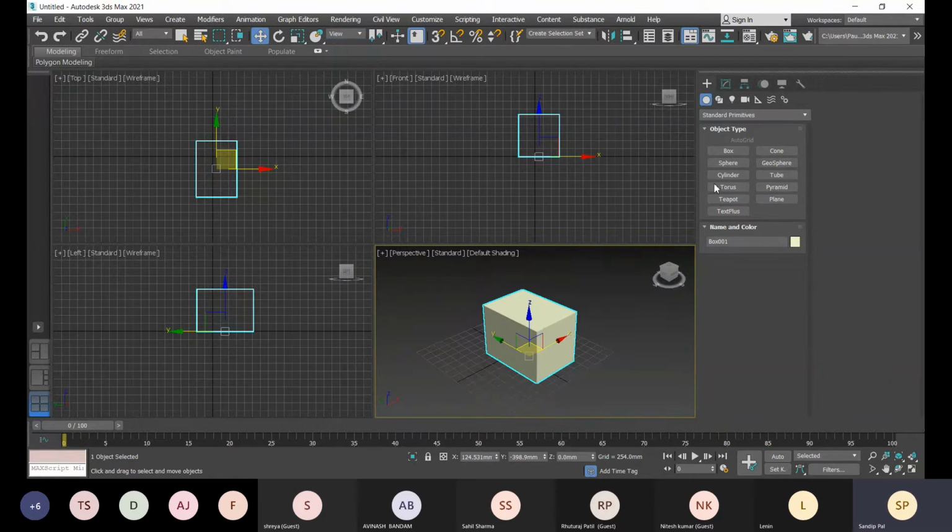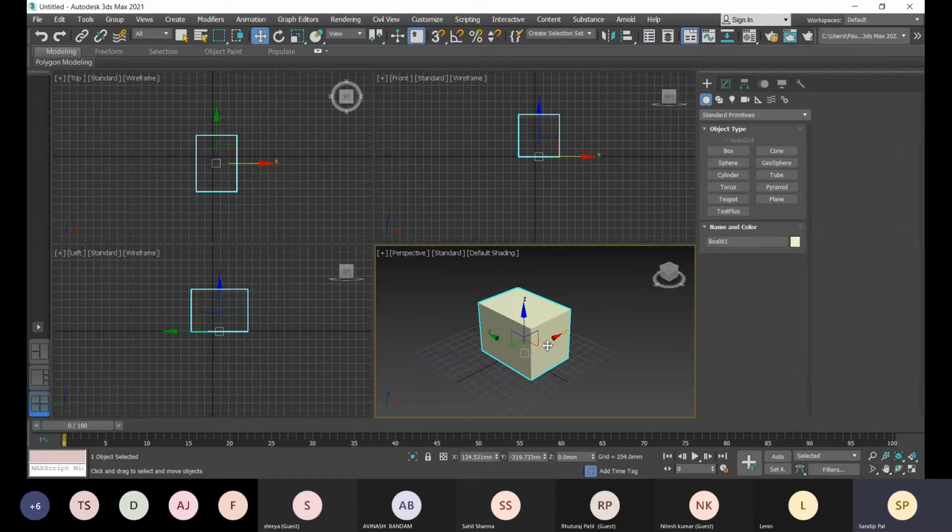So let me change it, like if I move it. Okay, before showing this coordinate system, let me show you this move, rotate, and scale option. Okay, so here you see this gizmo is for transformation. Right now the move gizmo is selected. With this move gizmo, you can transform the position of this object.